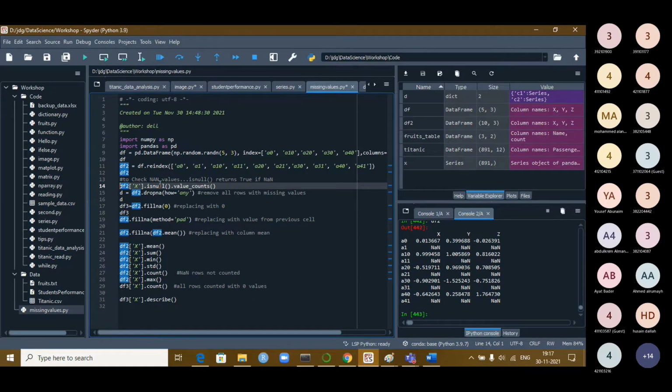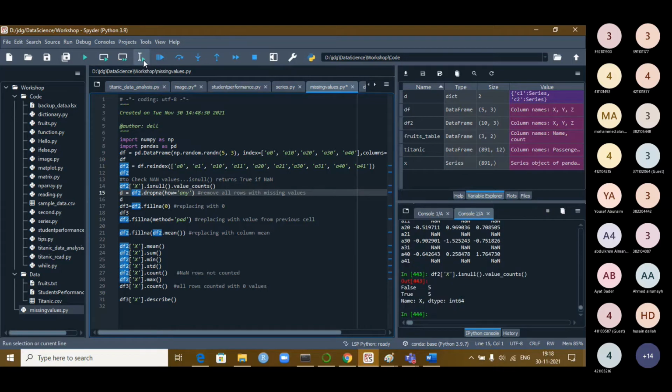So basically it is giving the count of nulls and not nulls. Okay, so value counts. Let us try to run it. You can see here false are 5, true are 5 within the column X. False means which are having some values, true means which are empty.